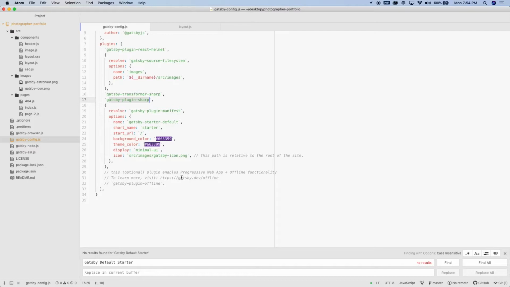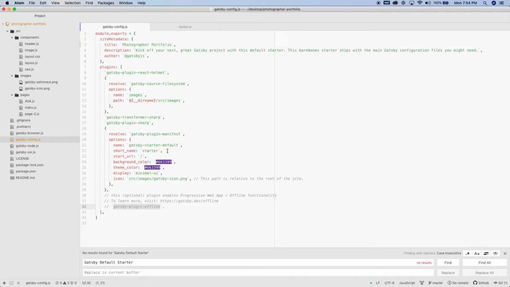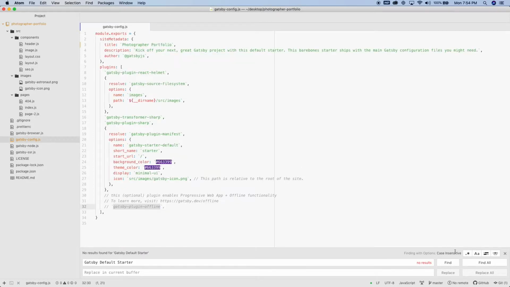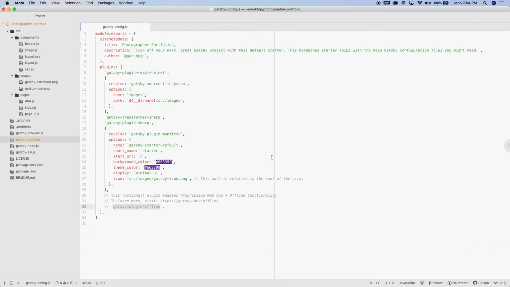To learn more, go to gatsby.dev/offline. And you can turn this on if you want, and that's basically just gonna, like it says, enable progressive web app and offline functionality, which is pretty neat. All right, so one thing that I did really want to go ahead and kind of get started on here